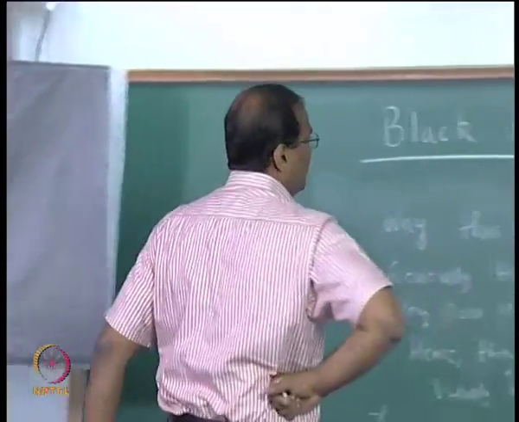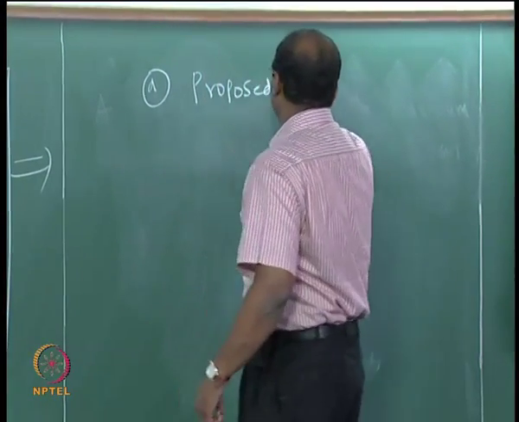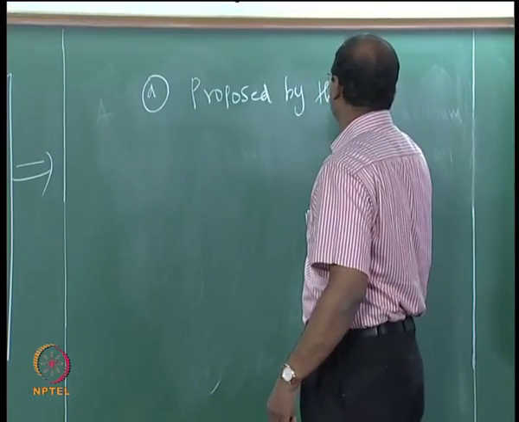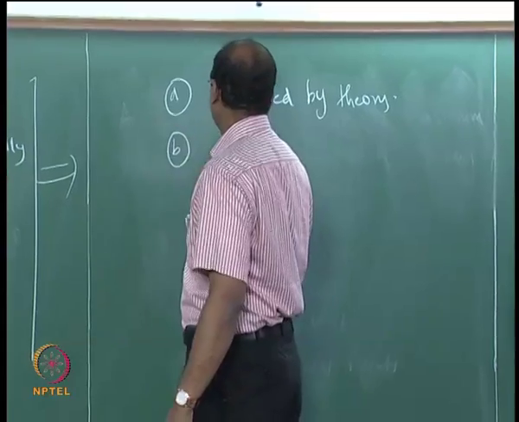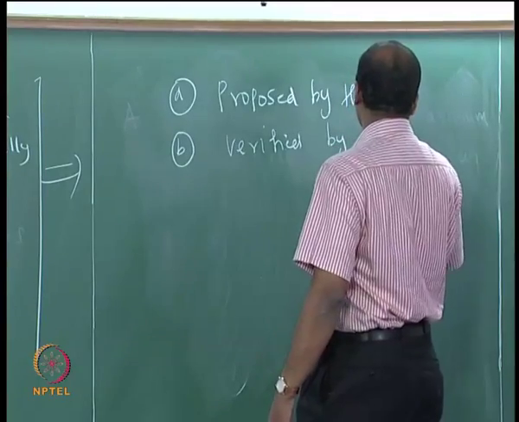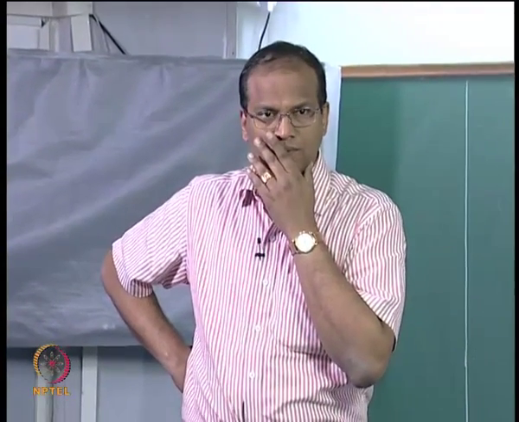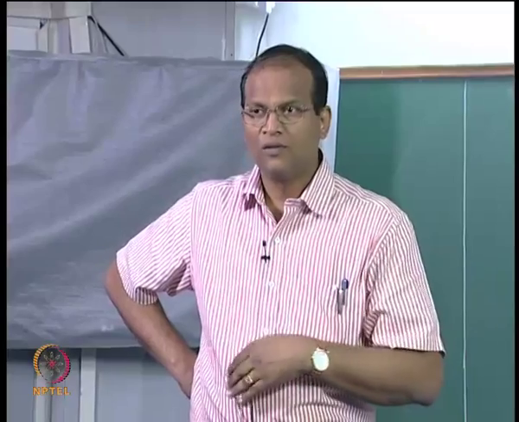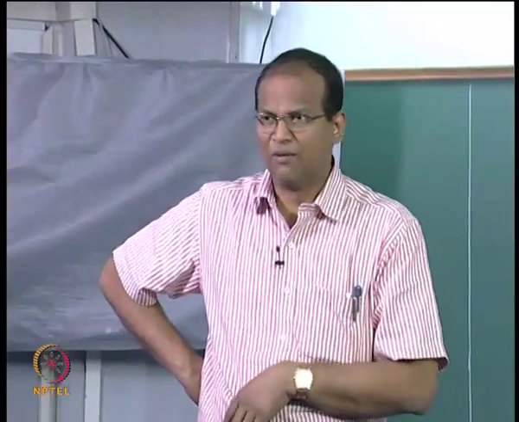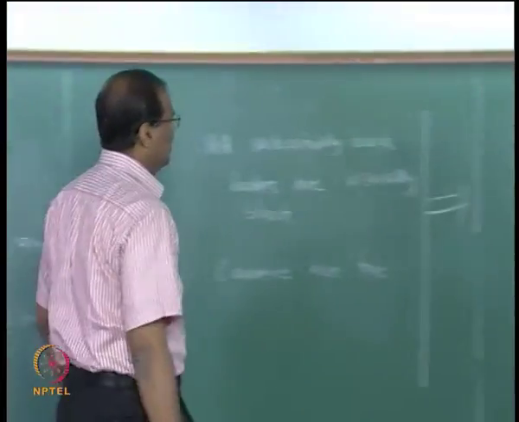Therefore, the theory of the black body and its properties were proposed by theory. So the black body is originally proposed by theory. What theory is it? In physics, quantum mechanics. It is proposed by quantum mechanics, and it has been verified by experiments done by so many physicists, right? What are the basic key